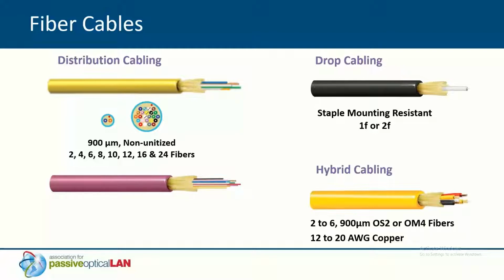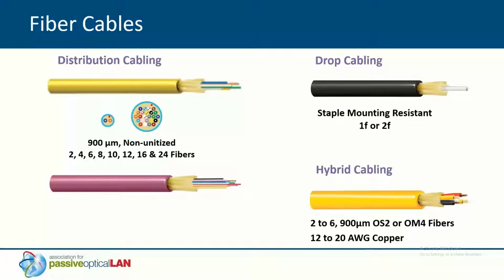And then the other one is hybrid cabling. Hybrid means that we have fiber and we have electrical conductors inside. This definition has been kind of muddled a bit. Some people call it composite, some people call it hybrid. I just want to say that we took steps in the standards for TIA and ICEA, and we're also working on an NFPA to combine and zoom in on one definition. That is, hybrid cabling is fiber with electrical conductors.